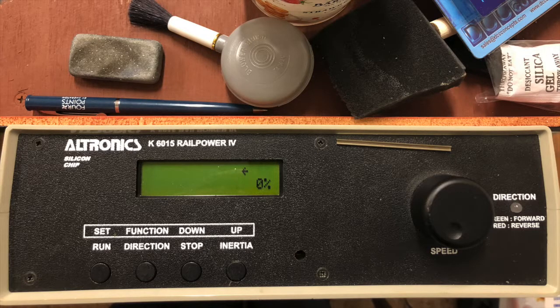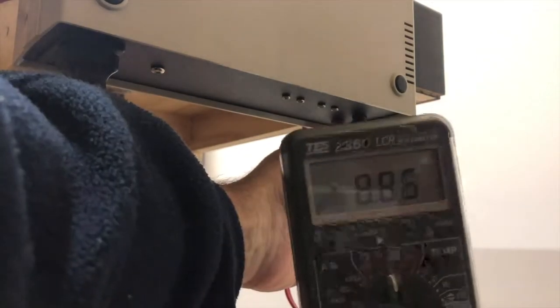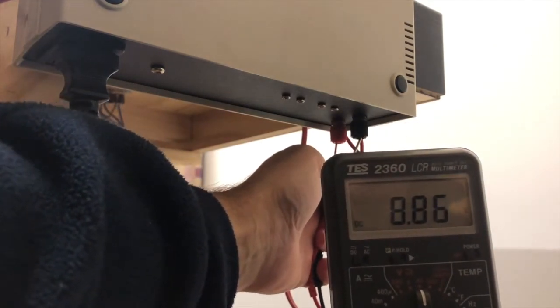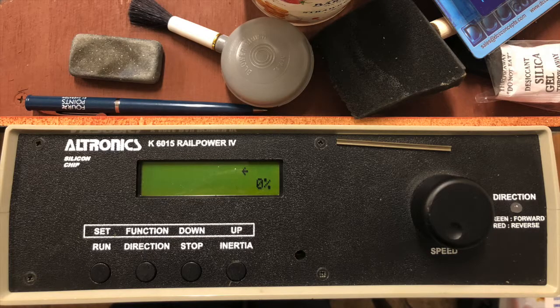maybe one of the switches on my control panel or a bit of the wiring is not up to scratch, and so that's why I'm getting voltage drop. So I moved my multimeter to the actual output directly on the back of my controller, and then ran the same test and found that the voltage was actually dropping as it came out of the back of the controller. And so this helped me start to pinpoint that the problem wasn't necessarily anywhere on my layout or the wiring, but the controller itself was dropping voltage internally. Now, I had built the controller myself nearly 10 years ago maybe, and